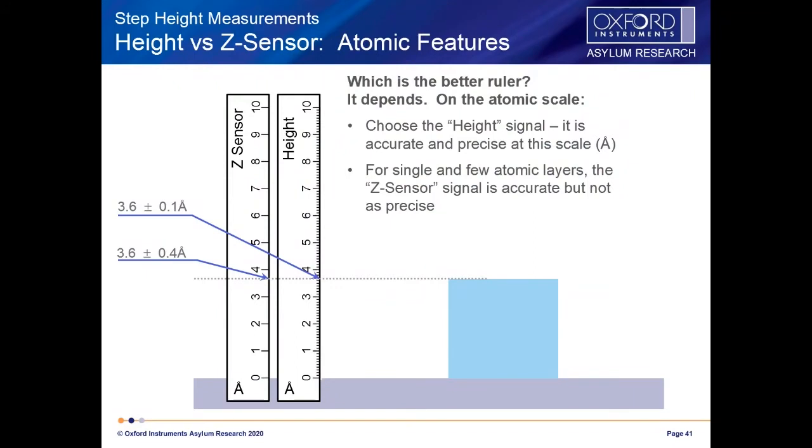So the take-home message from these slides is that use the height sensor when you're measuring things that are more than 100 nanometers and use the height channel for measuring things that are less than 100 nanometers, especially if you're measuring things that are only a few atomic layers. OK,